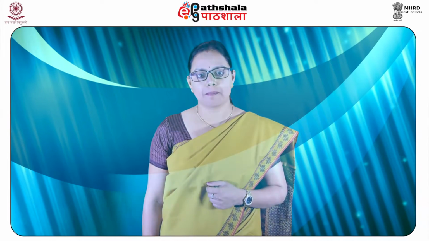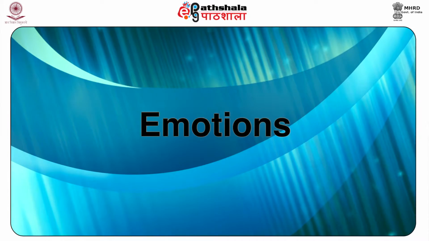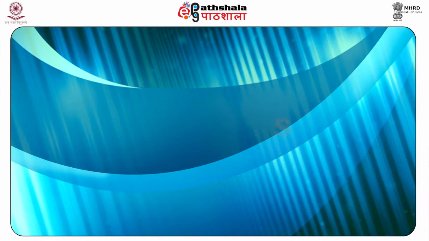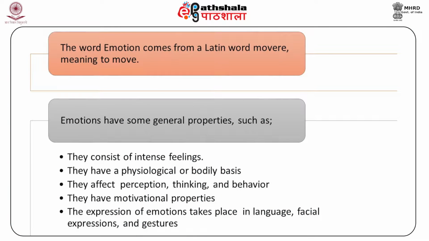in the environment. Similarly, anger and aggression mobilize the organism to dominate territory. They are also implicated in maternal behavior in animals. Finally, happiness is the result of reward systems in the brain that results in seeking behaviors that are beneficial to the organism. Let us now understand what we mean by the term emotions. The word emotion comes from a Latin word movere, which means to move.